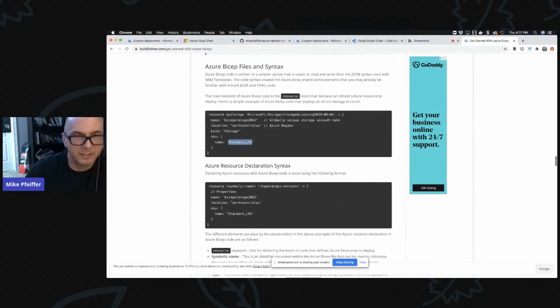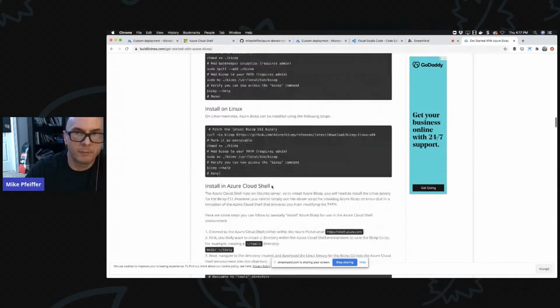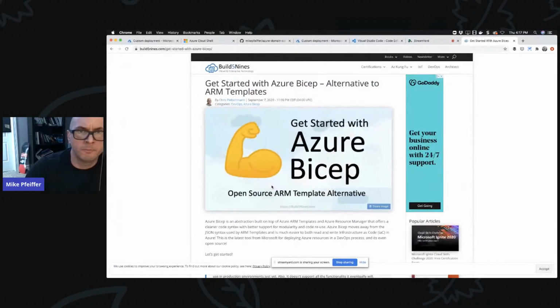I would venture to bet that this is going to be a big deal for Microsoft, because they want to get people using their stuff. So I would check that out. I would embrace this concept. If you haven't got into Git yet, get into that. It's not as bad as it looks.